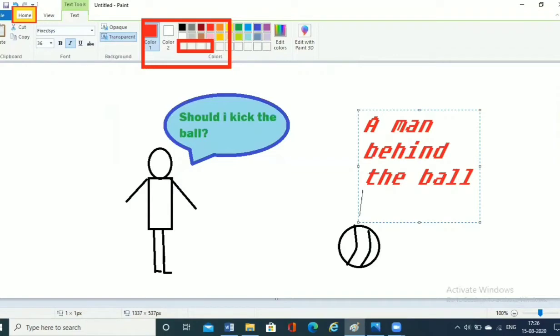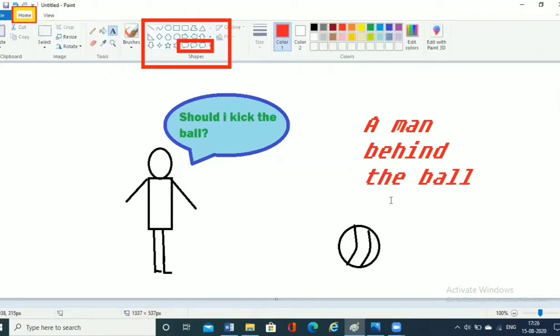So this is the heading or a sentence being written in your drawing, not inside the call out shape but outside it in your painting. This is how you can insert the text inside the call out shape as well as outside it. You can even change the color, size, style, bold, italics, underline according to your choice.